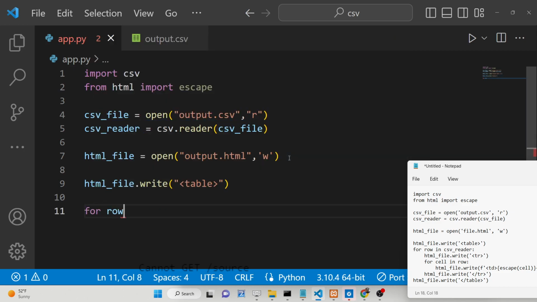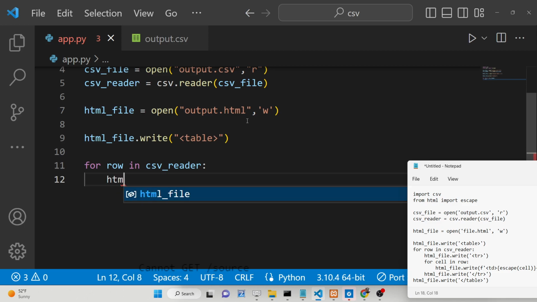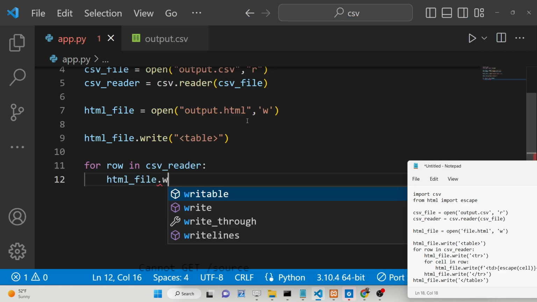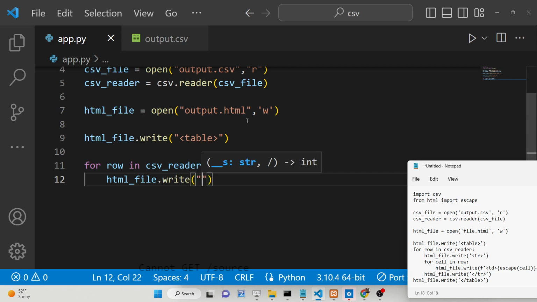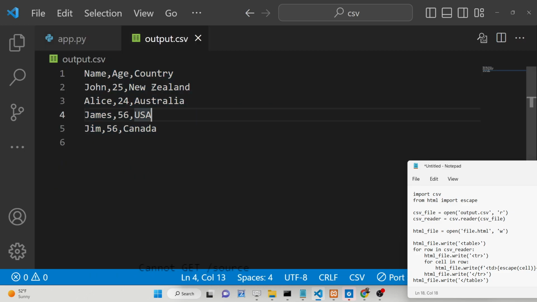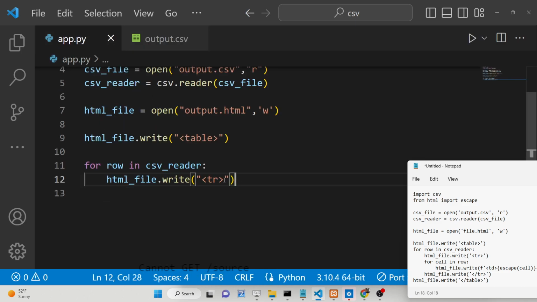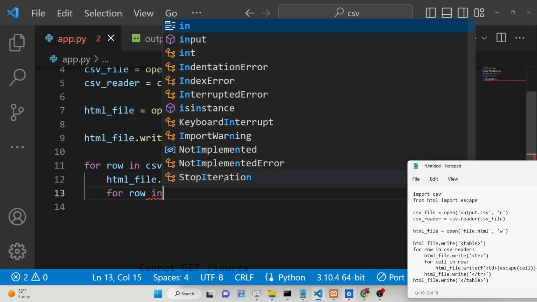And then we will use a simple for loop: for row in csv_reader. We will use html_file, and we have got a method called write, and we will write a table row tag like this. And then we will loop through the data which is present right here. First of all, we will loop through the header row, then the content rows, 4 rows of data. So we will use a simple for loop for this process. So here we will say for row in csv_reader,